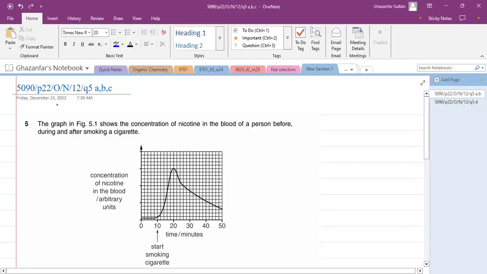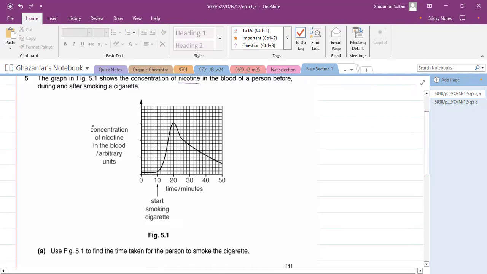Okay. So this is question number 5 from October-November 2012, paper 22. The graph in figure 5.1 shows the concentration of nicotine, one of the drugs, in the blood of a person before, during, and after smoking the cigarette. So see here in this graph,